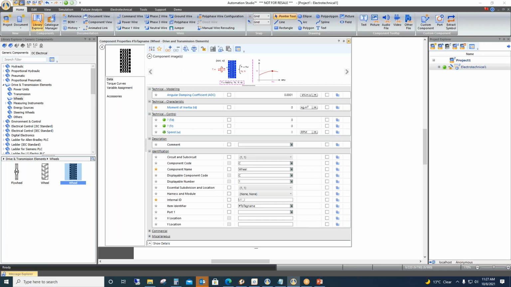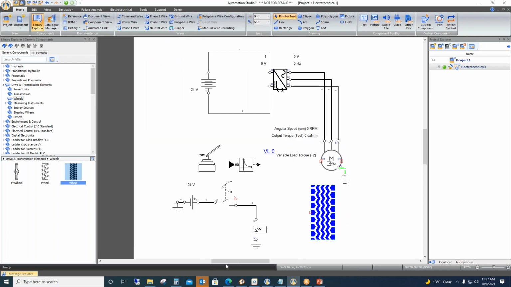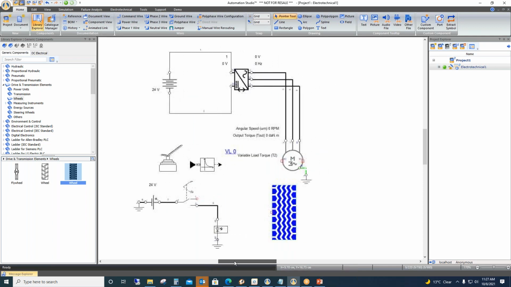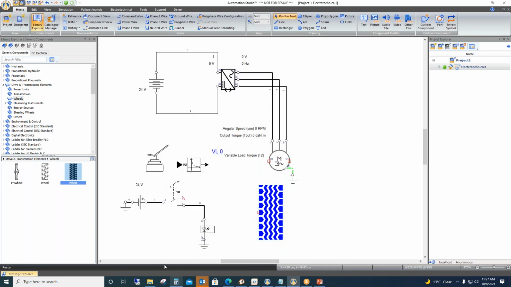Yes, sir. Now I'll be showing that. What I was saying is, right now we have just taken the electrical motor, and now, using the transmission mechanical units, we will be establishing a link between this electric motor and the wheel. So that link will be used to give the feedback.